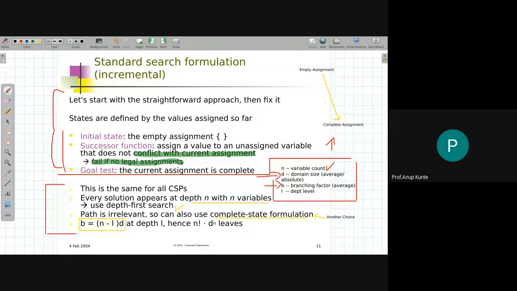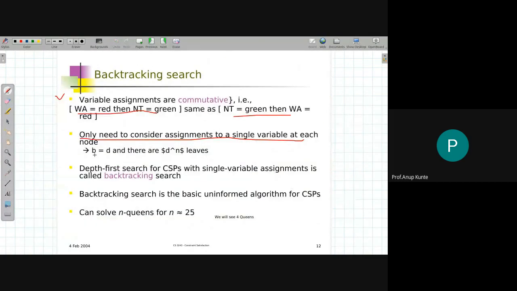Okay, so you know that for any search algorithm that uses tree search or graph search strategy, branching factor is a consideration while it comes to finding out time and space complexity. So to discuss time and space complexity of these algorithms, we should understand that my domain size is what decides the branching factor for this problem. Okay, so how many values are there in the domain? Those values I can assign to the variable at a particular decision point, and hence that is what they say over here: b is equal to d. That is, the branching factor is nothing but the size of domain if d represents the size of domain.